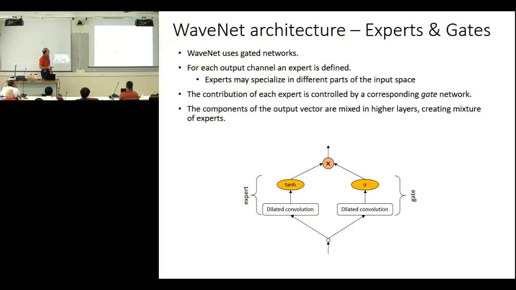This construct can be considered as an expert and a gate. The expert models some part of the hidden space, and the gate gives a rank of how valid is the information that the expert provides. So then we multiply these two. If the gate is close to 0, the information from the expert is not passed because it is 0. If the gate is close to 1, then the information from the expert is considered valid and passes through that connection to the next block.